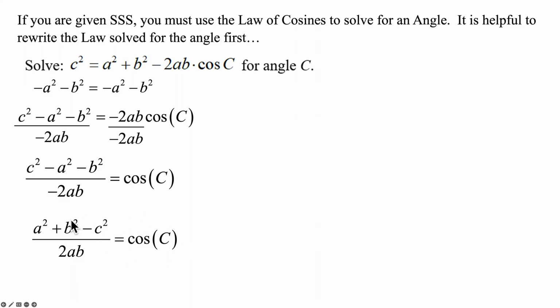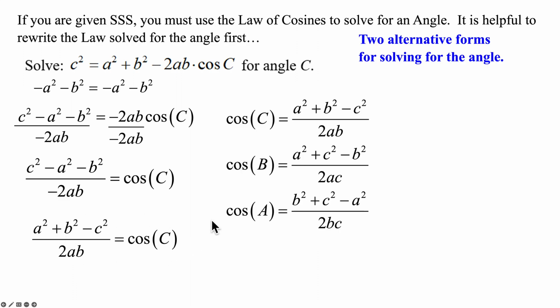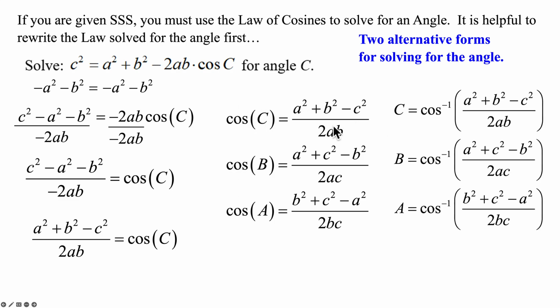So some authors will call this an alternative form for solving for an angle. Well, you really haven't solved for the angle. You solved for cosine C. We really haven't found C yet. So some authors will now say, okay, you got to take the inverse of cosine of all those fractions. Again,